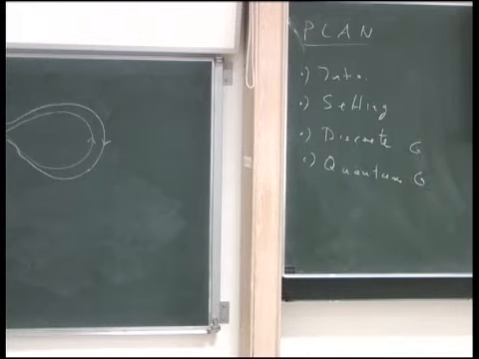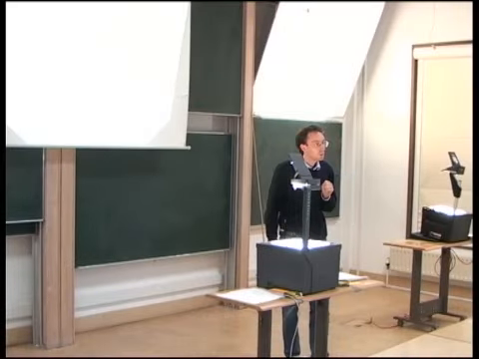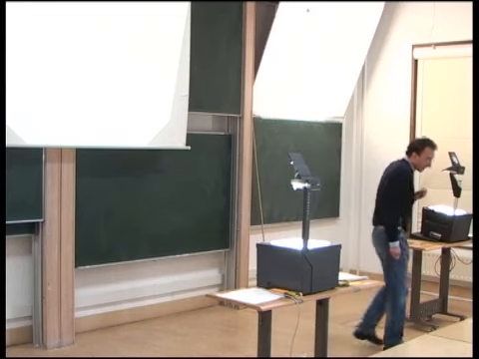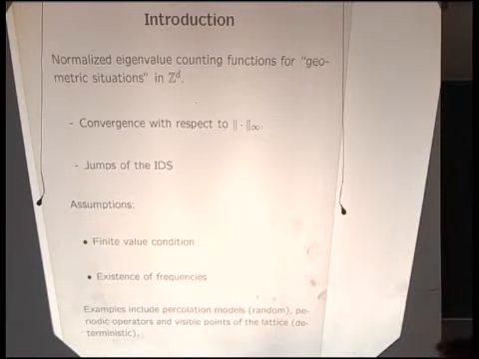Okay, so let me go through the introduction. The integrated density of states is a crucial quantity when looking at random operators, and it is something like a normalized eigenvalue counting function. We want to do this for geometric situations in Z to the D. I'll tell you in a moment what I mean by a geometric situation, but already here I would like to